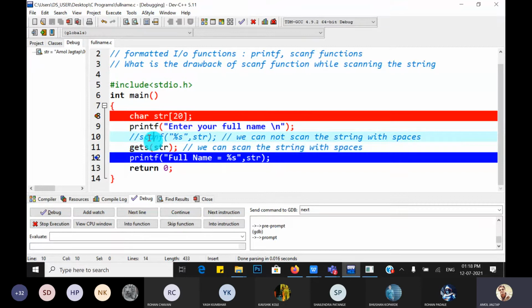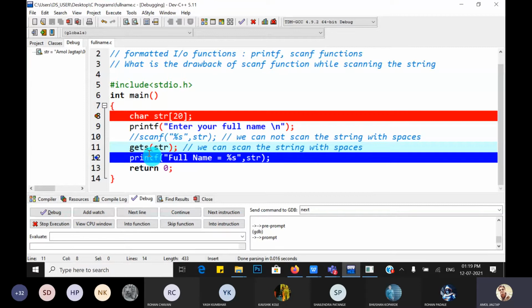But when we scan the string using the scanf function, whitespace, meaning backspace, carriage return, enter, or space, anything is treated as the end of the string. So that's why we cannot scan the string with spaces using the scanf function, but that drawback of the scanf function is overcome by the gets function.